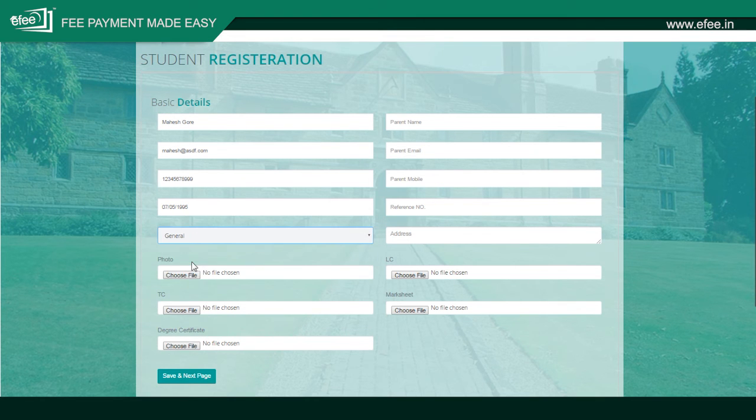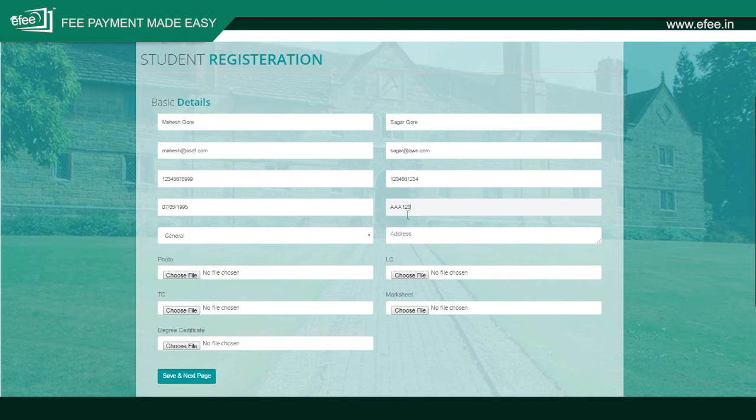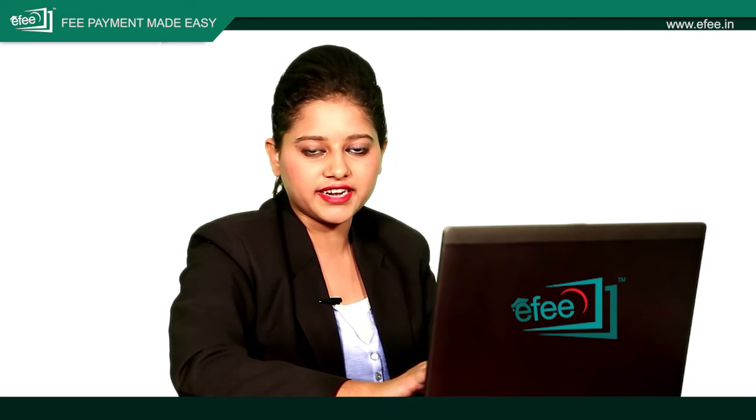Select the category, that is general, OBC, sports quota, etc. Fill in the parent detail, that is the name, their email ID, contact number, reference number which will be provided by the institute, address.